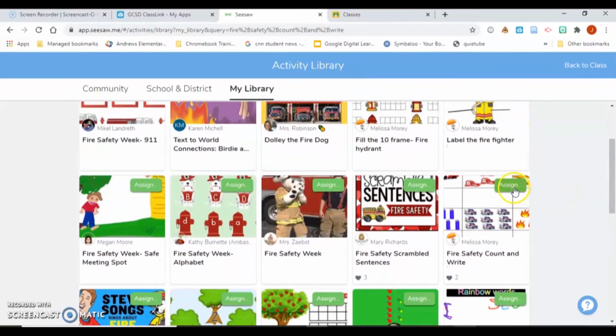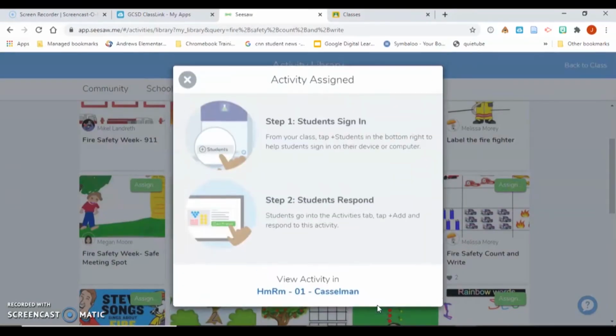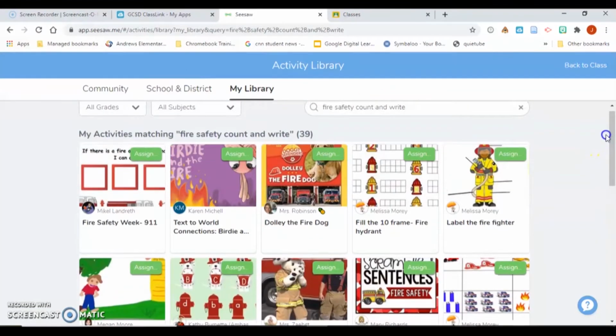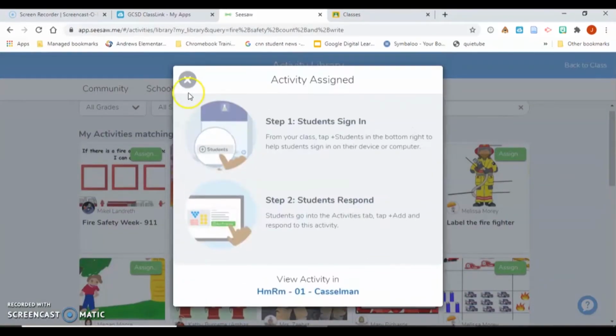And I'm going to assign that to my students. And here I'll click Assign to Class 1 again. And the last assignment is to label the firefighter, and I'll click Assign again, Assign to Class 1,